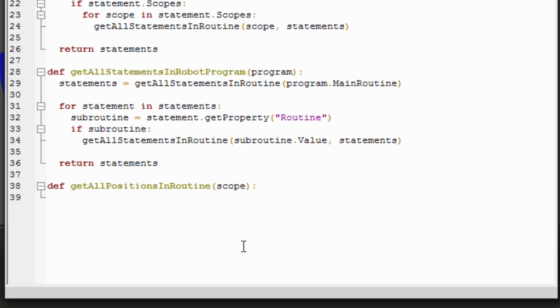And then we'll call our method to get the statements in that routine. So get all statements in routine and pass it that scope argument.